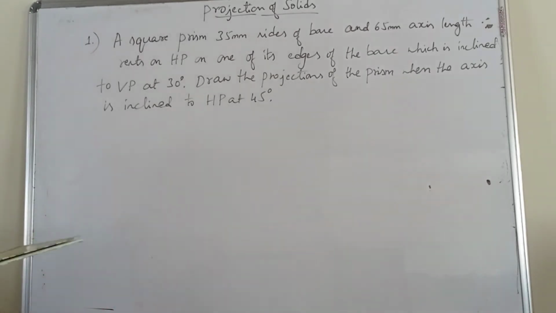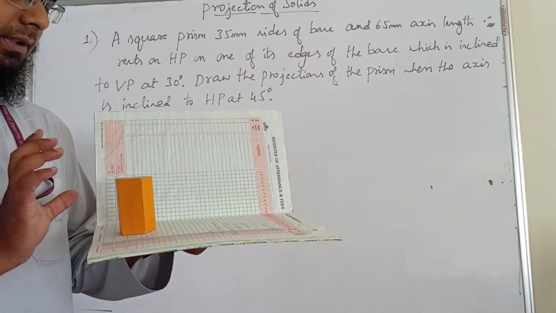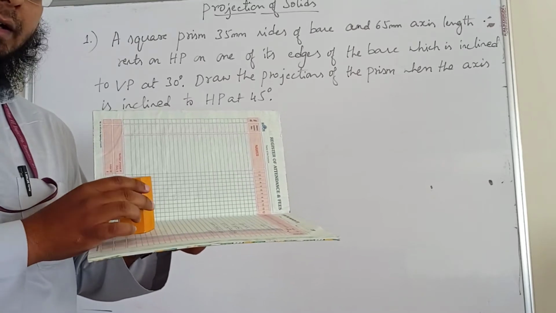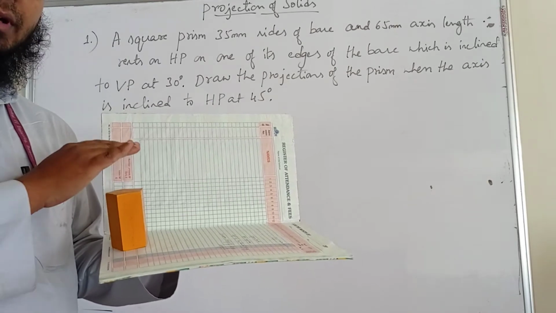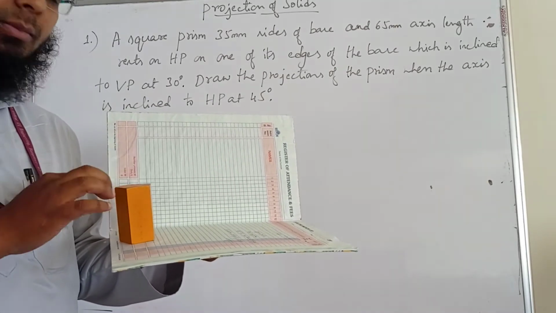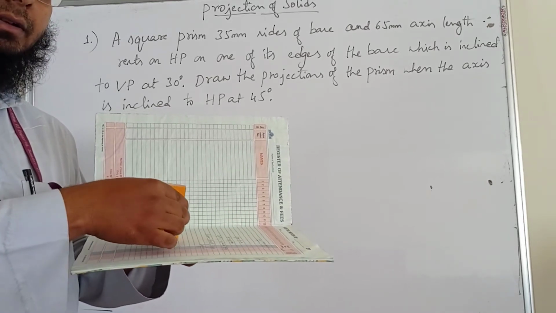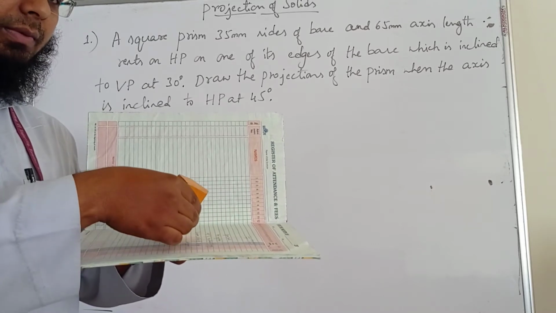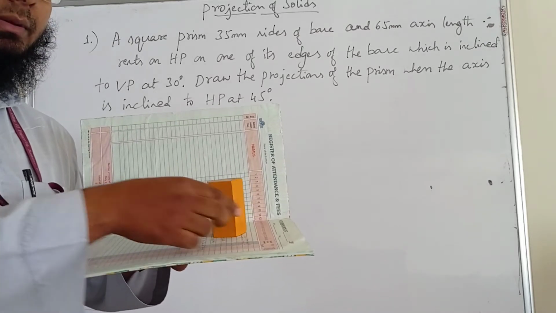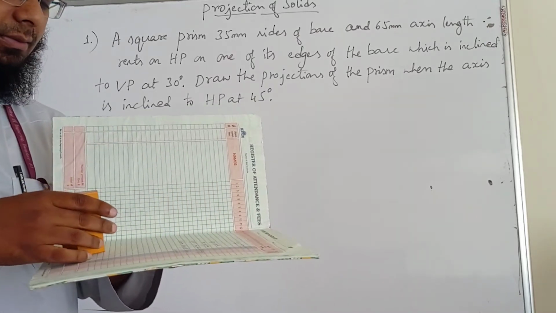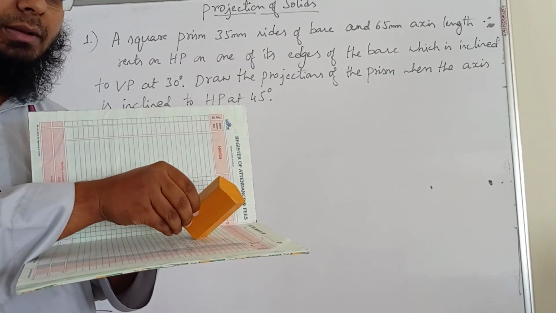So how the problem proceeds here: consider this is our first quadrant, and this is our pentagonal prism. I am placing it with the right hand side reference, which means this side. In the first position, we draw the top view and front view. You can see that you have two faces, top face and bottom face. In the second position, there is a right side inclination, inclination to HP, and then we draw the top view and front view. Similarly, inclination to HP was already given, so next it is inclination to VP. So understood, right? First position, then inclination to HP, then inclination to VP, like this.